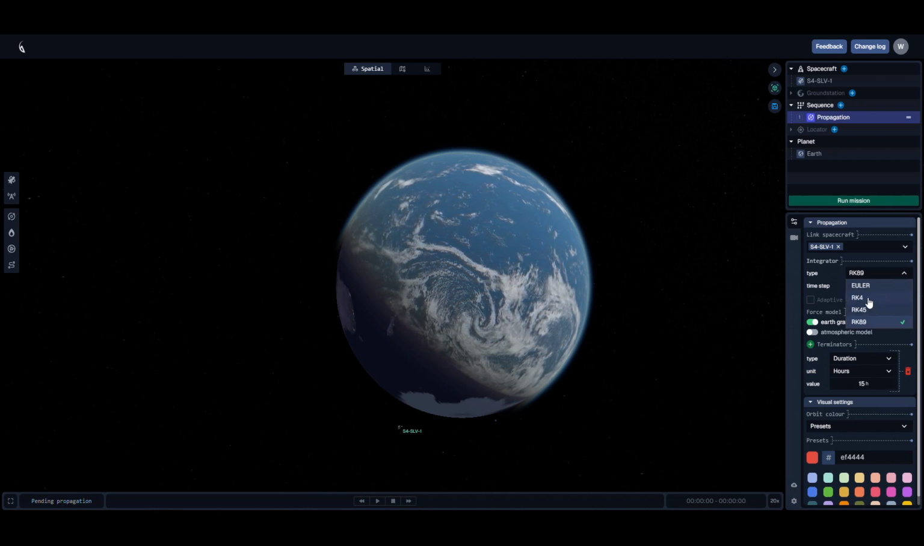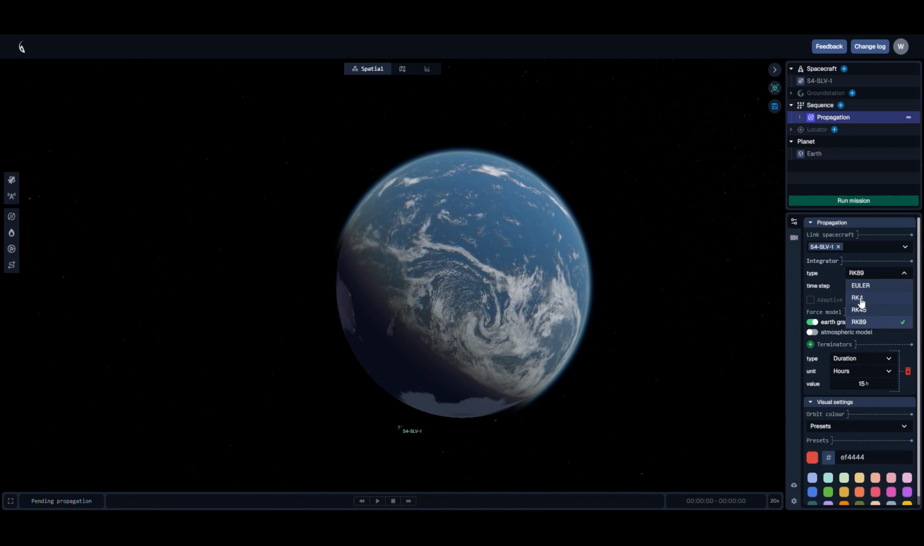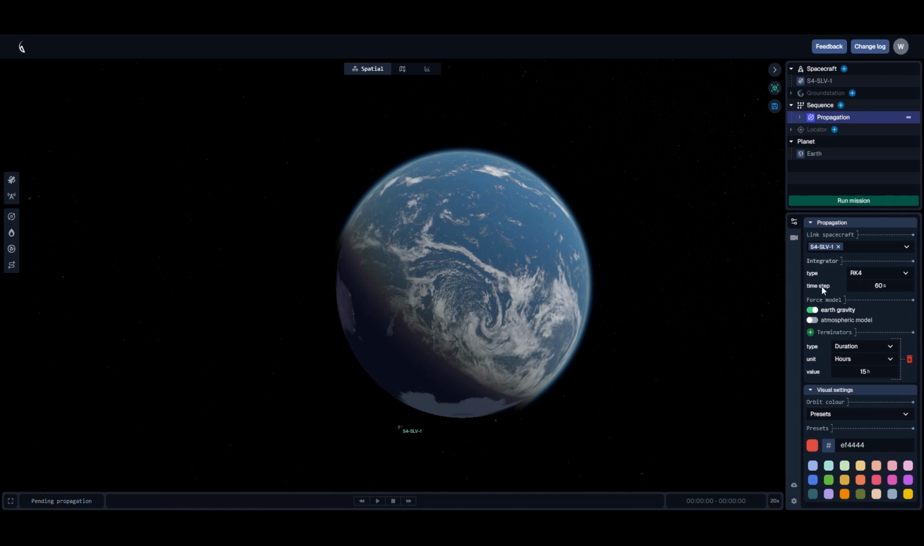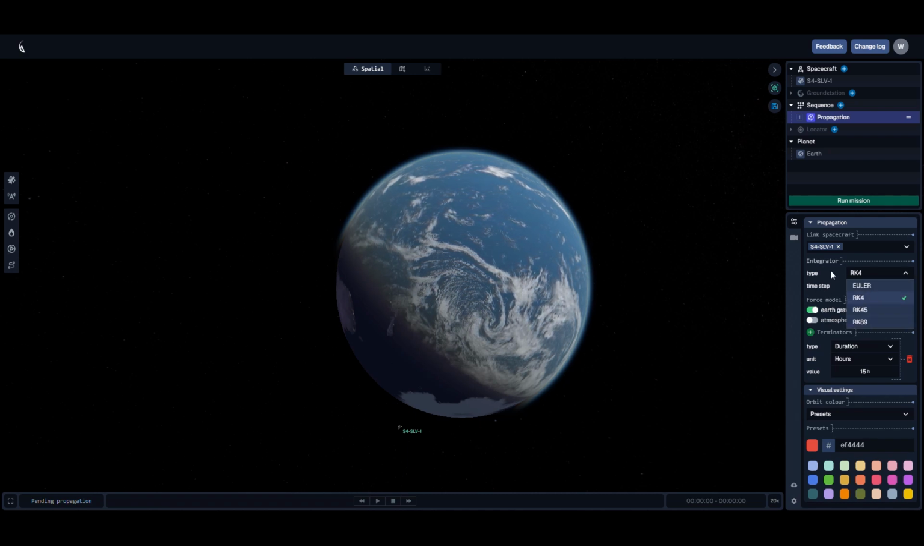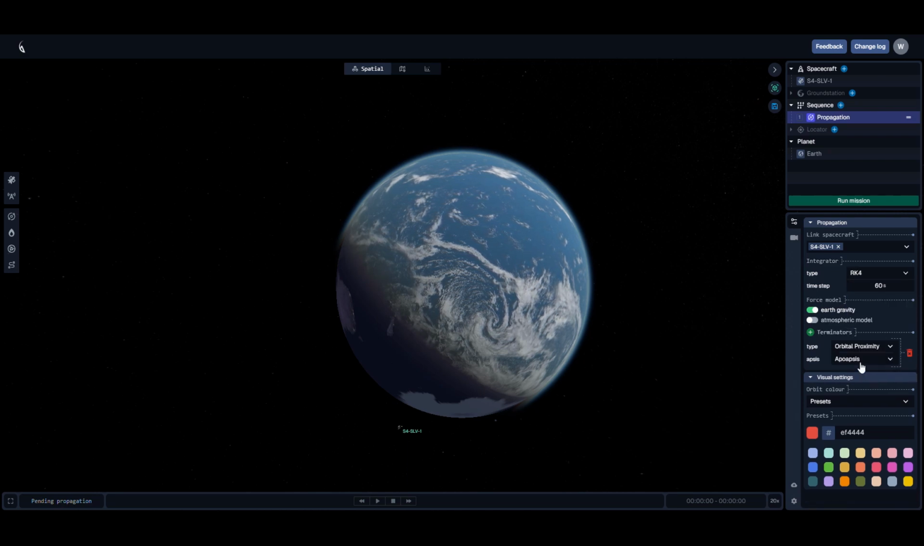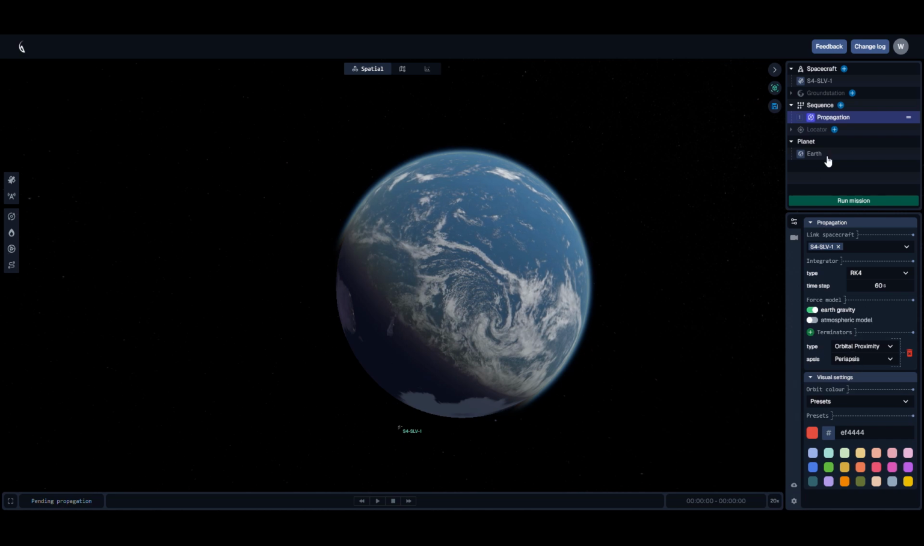For the circular orbit, I don't care too much about accuracy. I want the mission to set up fast, so I'm going to select RK4. And here you can adjust the time step, and you can do that in all 4 integrator types. So I'm going to let that go for 1 orbit around Earth. And now if I add an impulsive burn,